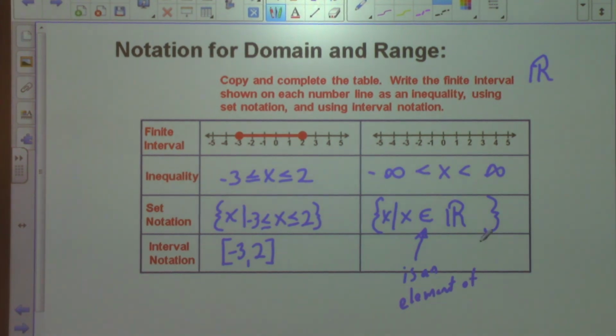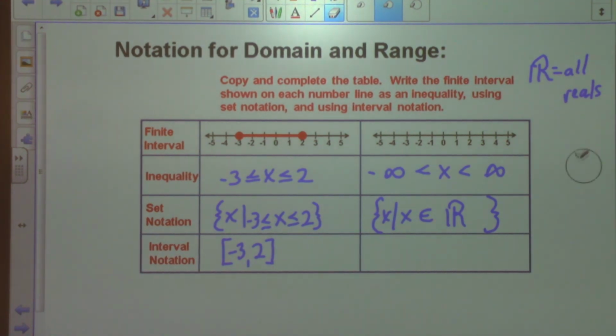And this thing means all real numbers. And sometimes you'll see it just abbreviated as all reals too, or all real numbers. So just something to watch out for. Okay, next, in interval notation, that's going to be